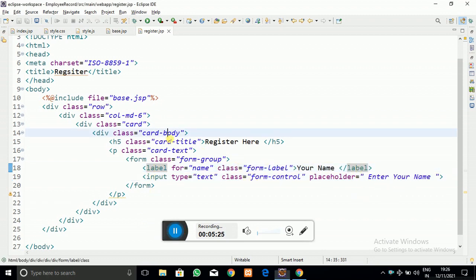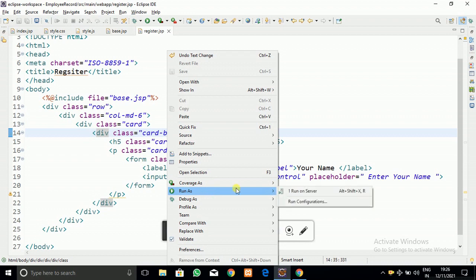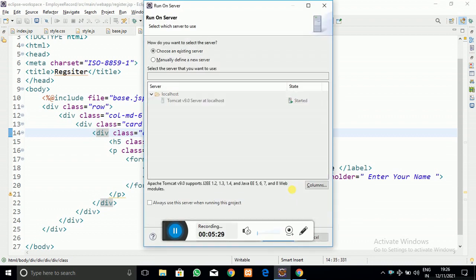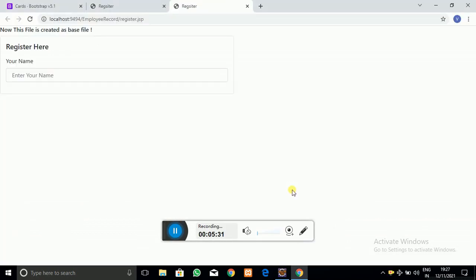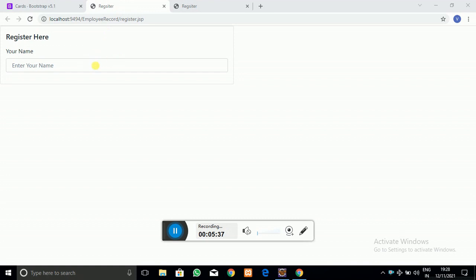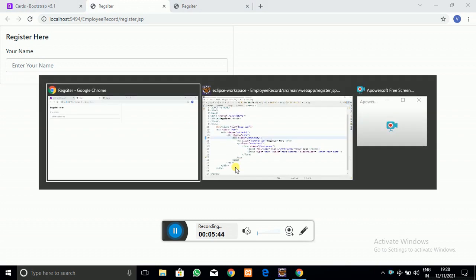Now let me run on the server and see the result. This is the result we get from that much code. This is the card structure I have given to the form.